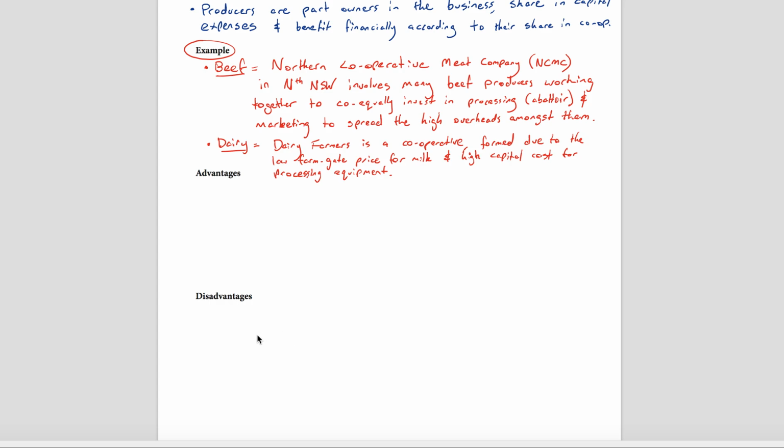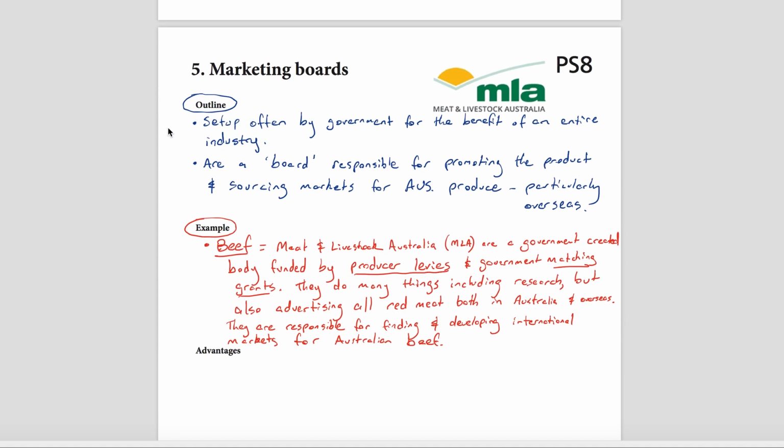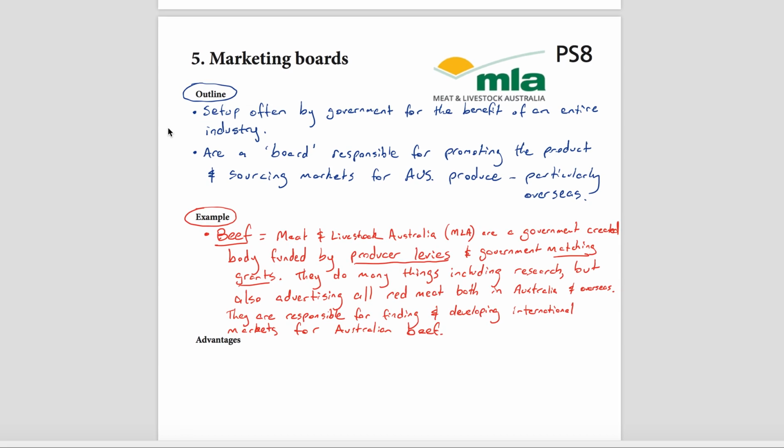They're going to have to agree with all the other people in the cooperative, and then if things don't go well, the cooperative might fall apart. The last thing here is marketing boards, and basically they're set up usually by government initially, but they're there to benefit an entire industry. So the one for beef is called MLA, or Meat and Livestock Australia, and every